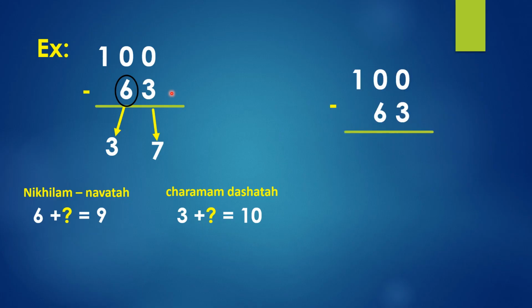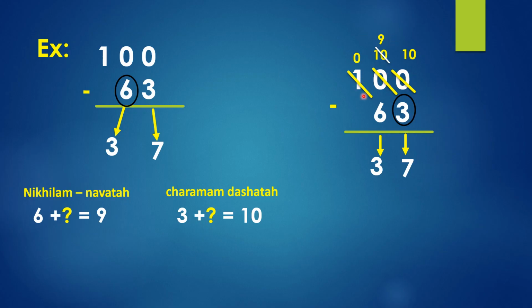Let's see the traditional method of subtraction, which you normally do, starting from the ones place. So 0 minus 3, it's not possible. Move on to your neighbor, 0. You can't borrow anything. Again, move on to the neighbor, 1. So you can borrow here. Now 1 will become 0, and here 0 will become 10. Again 9. Now 10 minus 3 is 7, and 9 minus 6 is 3. 37 is the answer. Such a lengthy process, isn't it?